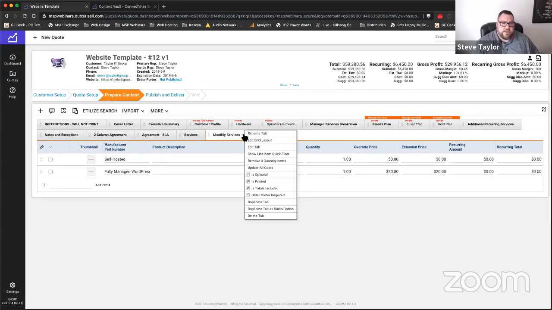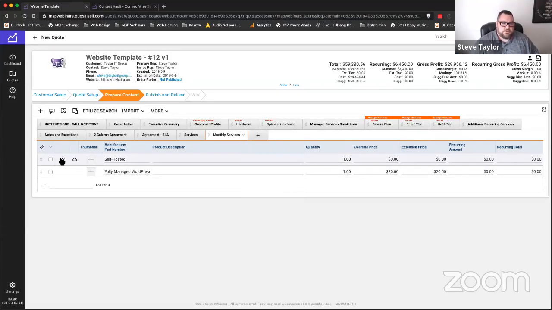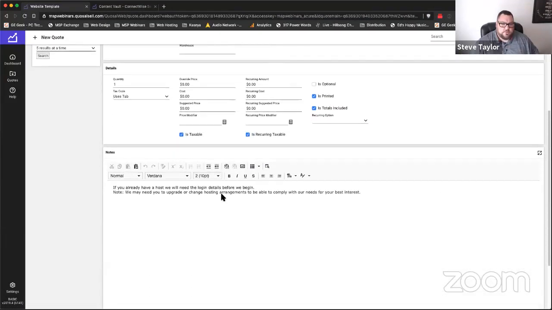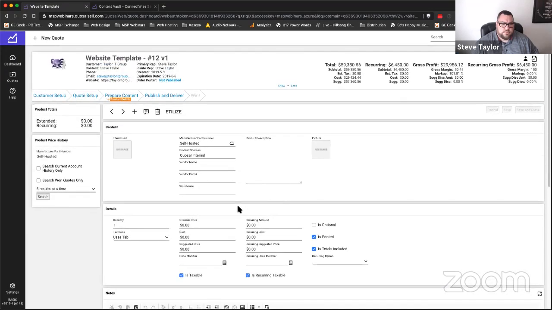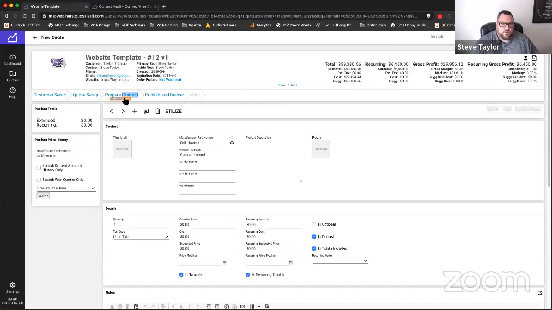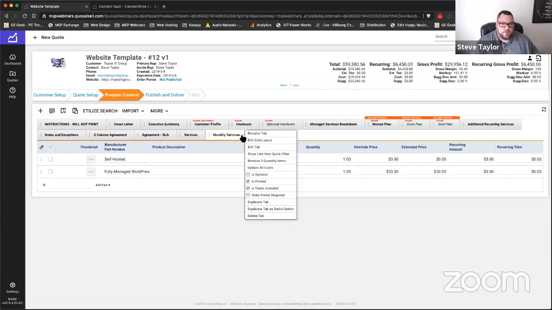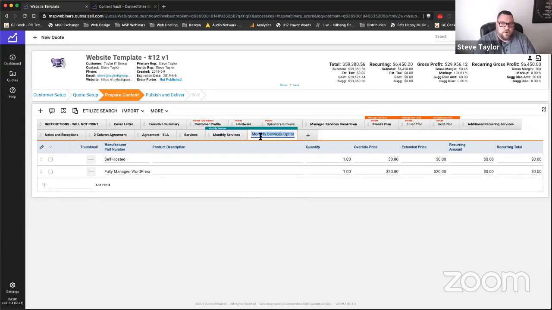Now I need to figure out how to make it so that these 2 items are like a radio button. But if I recall correctly, is optional. Duplicate tab is radio option. So I'm going to duplicate the tab. So what we're going to call this is hosted. And I'll rename this to self-hosted. And